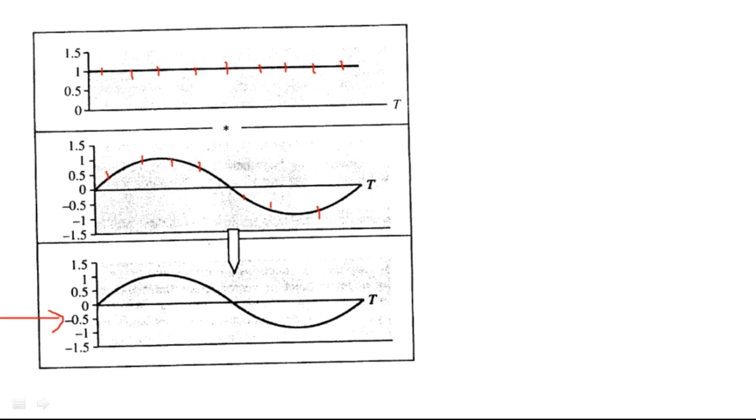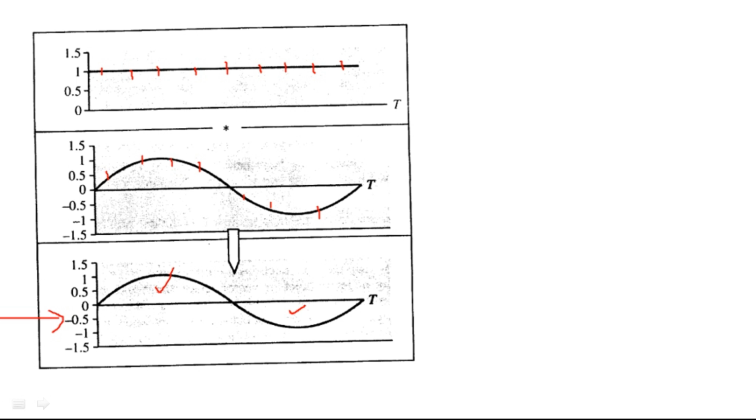Now what is the area under the curve sine omega t in the interval 0 to T as defined for the three functions here? The answer will be 0, because whatever the positive part is there, the same amount of negative part is also there. So that answer is equal to 0.